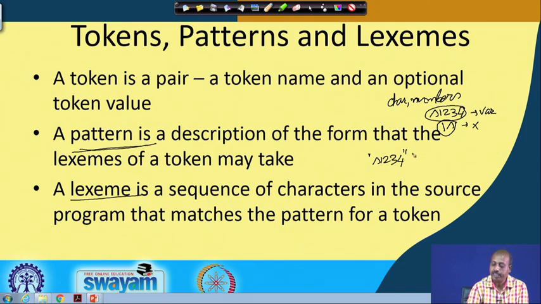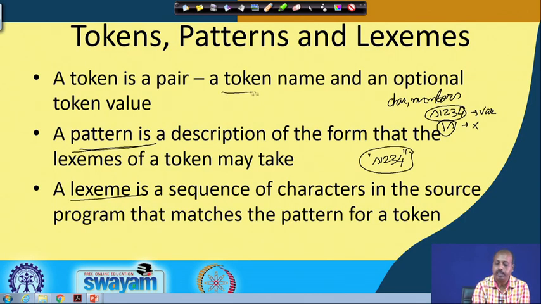And now, after this lexeme S1234 matches with the pattern called variable, what is returned is the token.